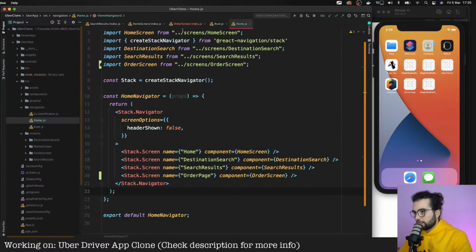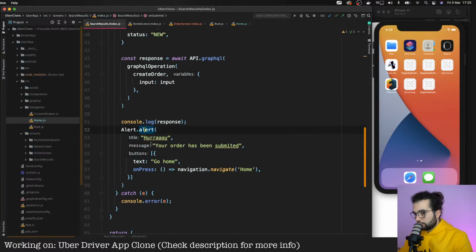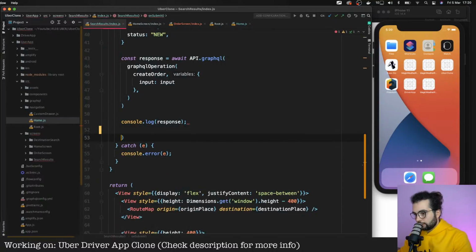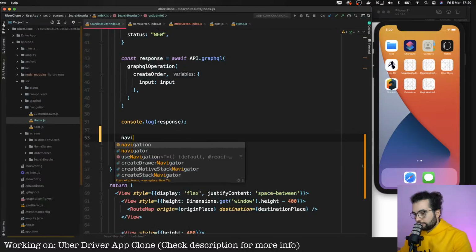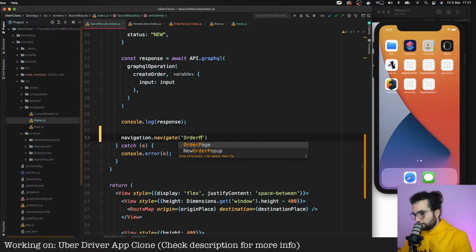Yeah, like this. And then in our search results, instead of this alert, we're gonna do navigation.navigate to the order page.